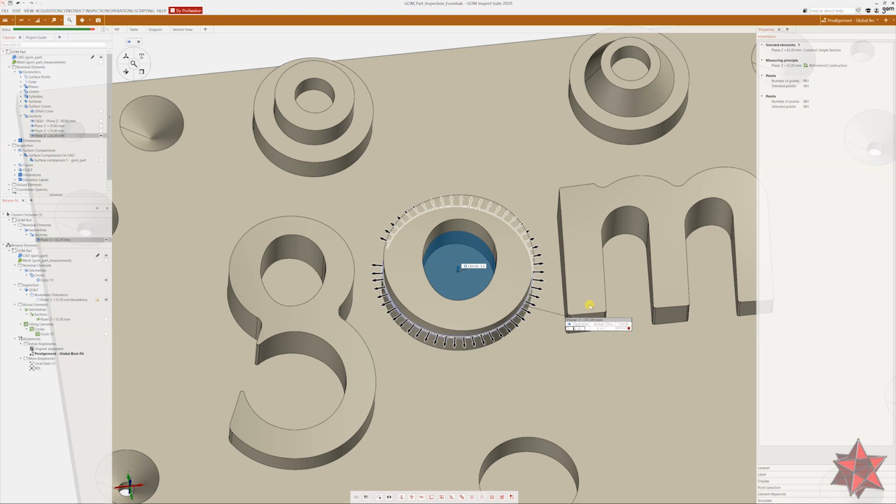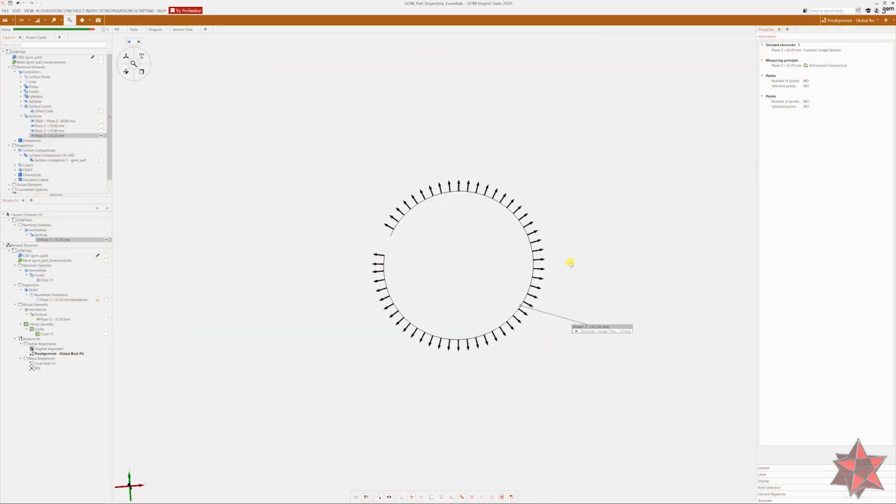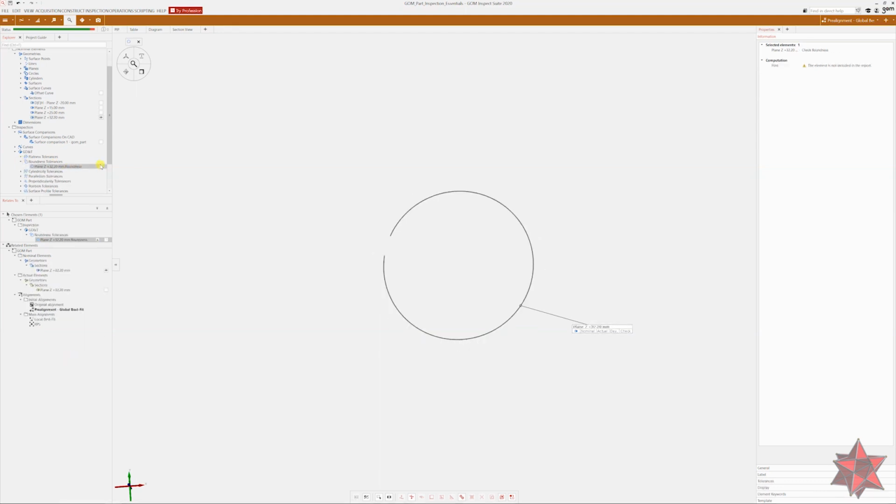And we can see that it's exactly 0.1. And let's see exclusively this roundness. So let's hit E on the keyboard, and now let's go here and go to GD&T roundness tolerance and see